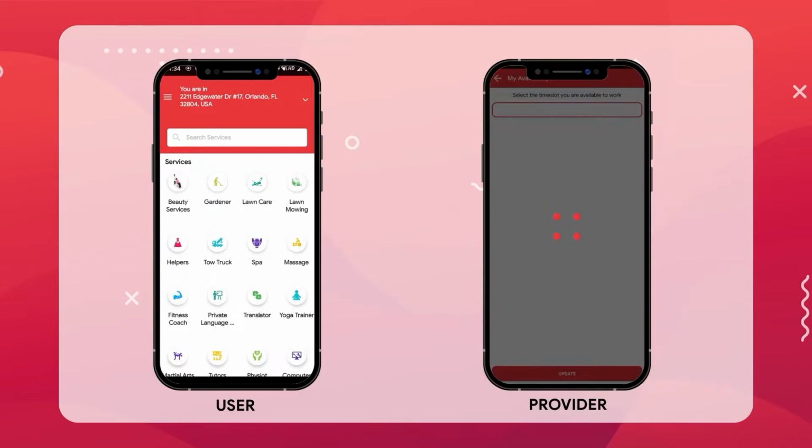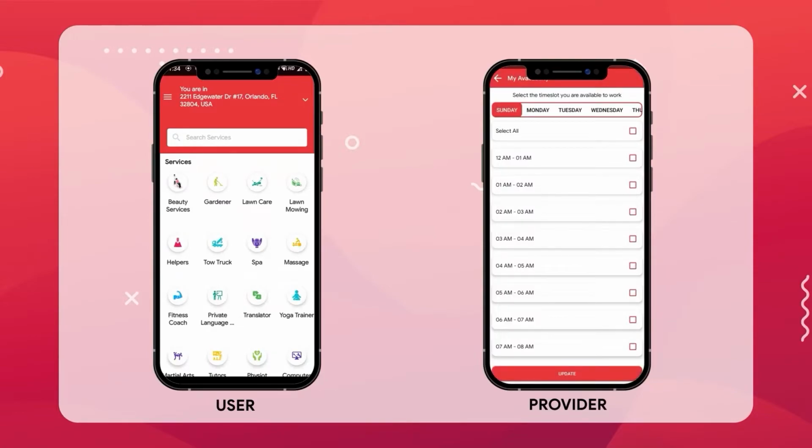The Set Availability option is used to set the time slot during which the provider is available to work on jobs. You can set the time slot for each day.